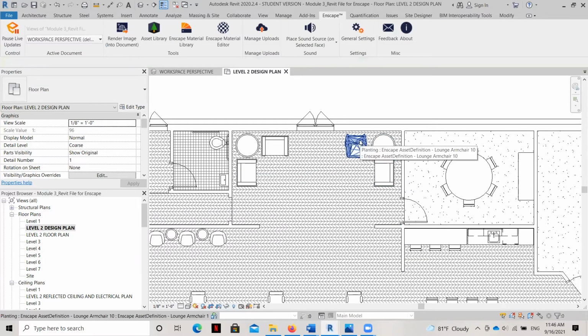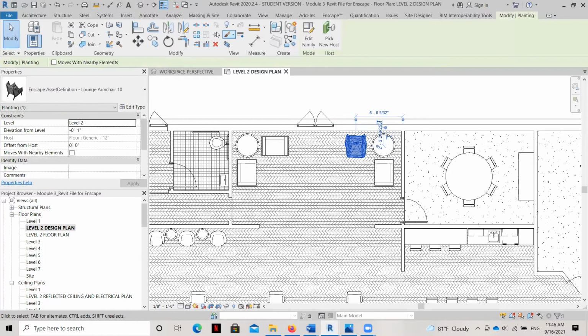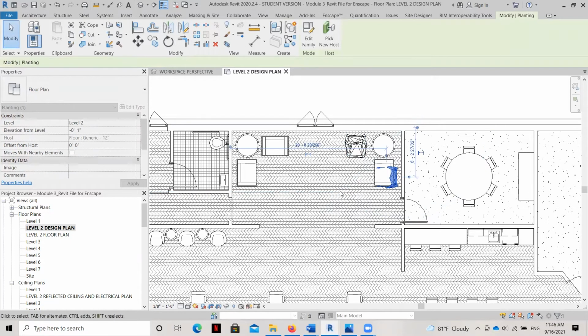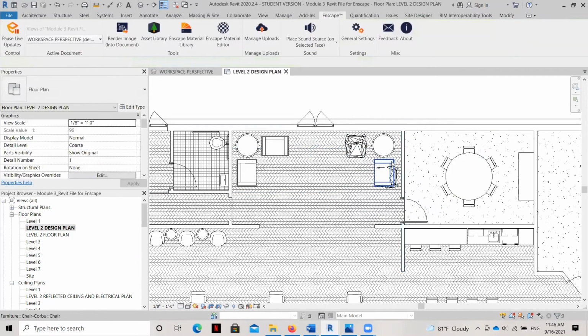And I will mirror this. So I'm going to click on that asset, mirror, and I'm going to draw the axis here. You can see I'm letting it snap to 135 degrees. So it's going to mirror over right there. And that way it's still in the right place. It still leaves that corner nice and symmetrical.